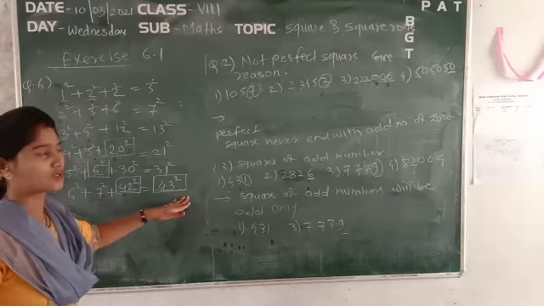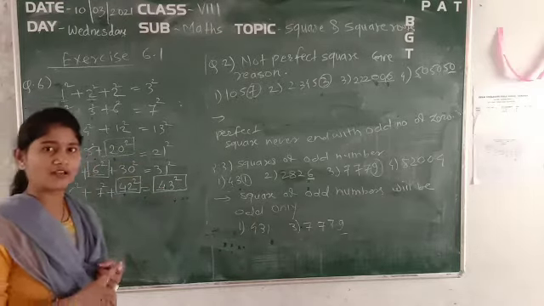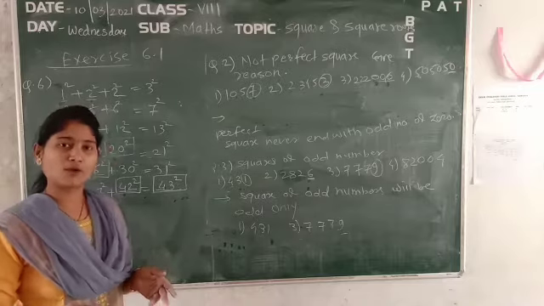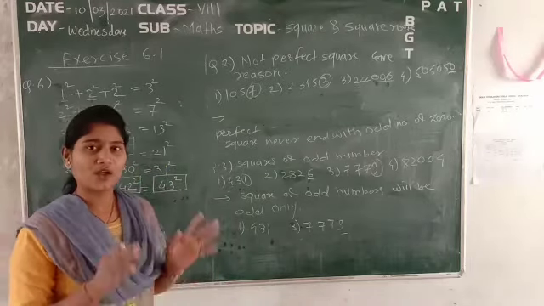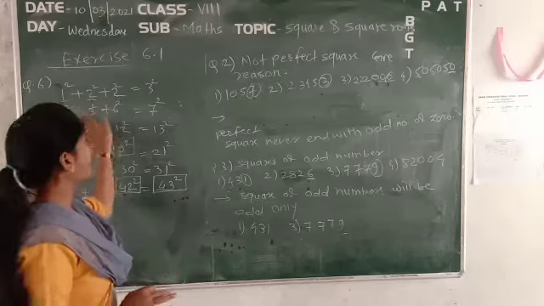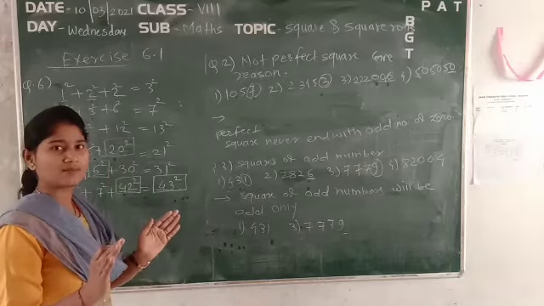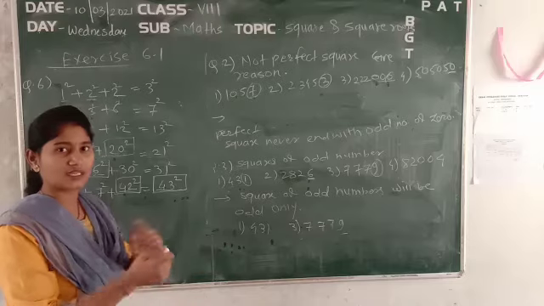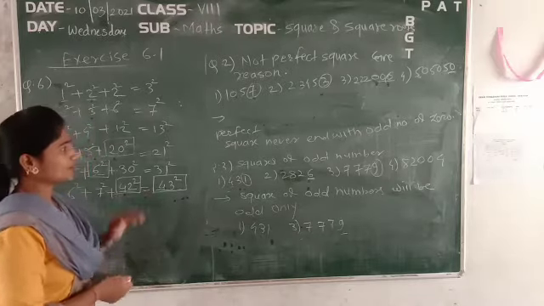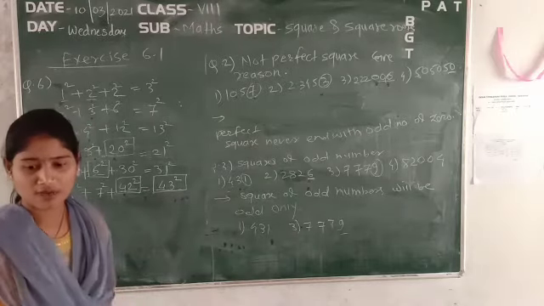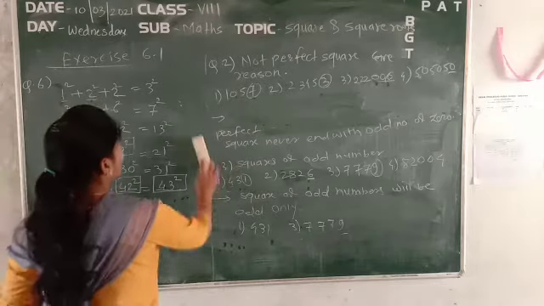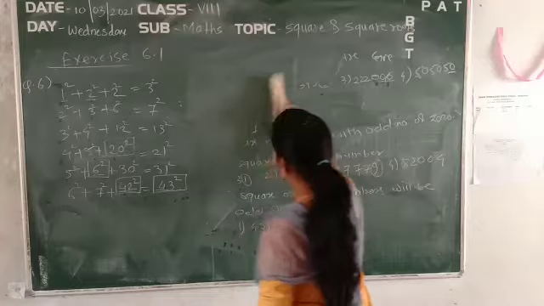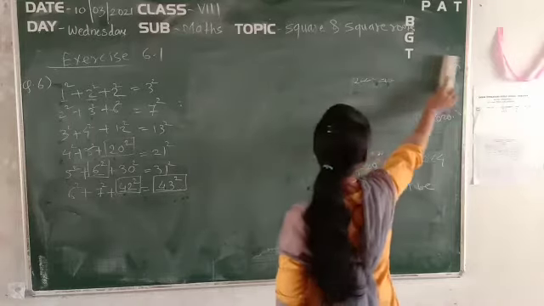Understood? So in that way, what you have to do, if a number of patterns is given to you, no problem, you just have to understand what sequence is given to you. Once you understand the sequence or the relation between two terms, then it is very easy to find out the third term. Okay, so have you understood this question? Now see, we will go to the next question, that is question number 7. So I am erasing this one, you just take a screenshot of that one. Okay, question number 4.